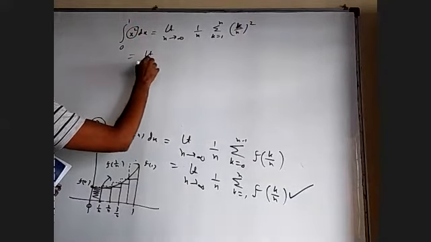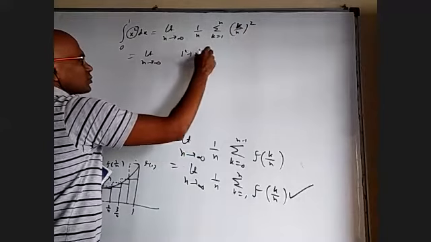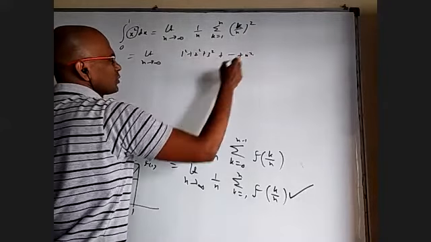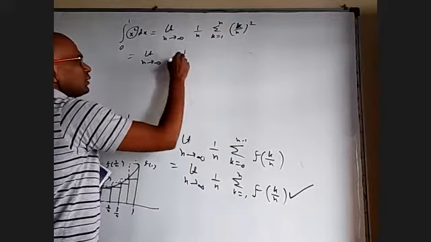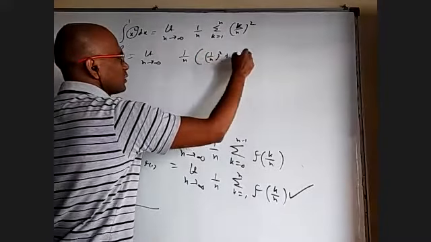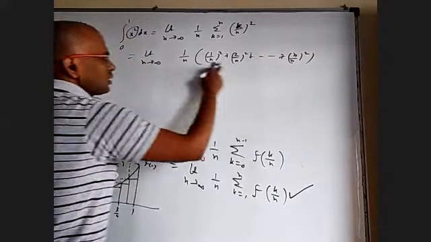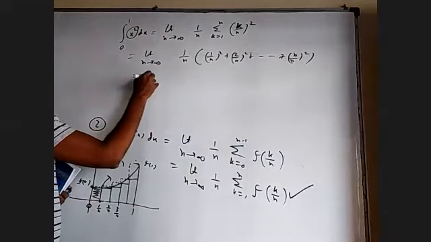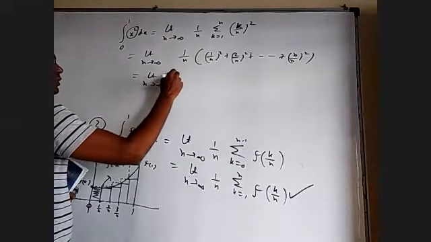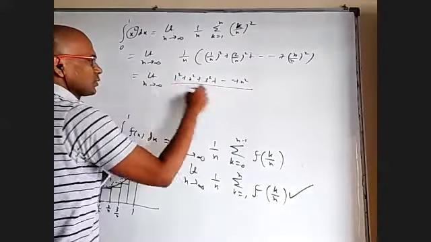Limit n tends to infinity. What does sigma k squared mean? 1 squared plus 2 squared plus 3 squared, and so on up to n squared. Let me write properly. 1 by n into 1 by n whole squared plus 2 by n whole squared, and so on up to n by n whole squared. All denominators are the same, so n squared I can take common. Limit n tends to infinity, it is 1 squared plus 2 squared plus 3 squared, and so on up to n squared, by n cubed.